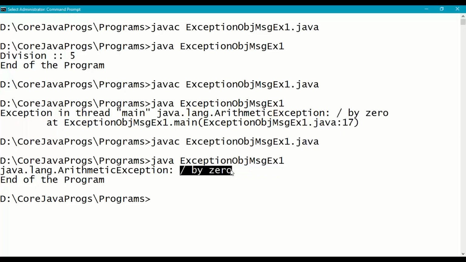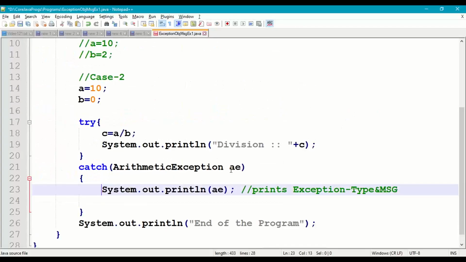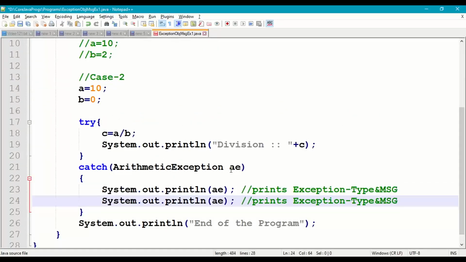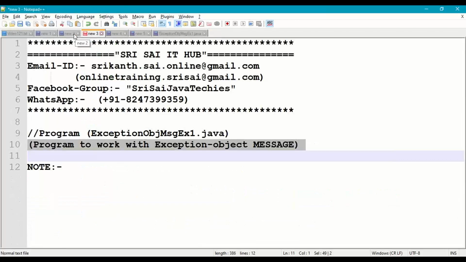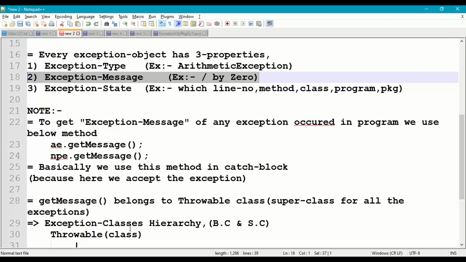So how to print only exception message? We'll take here AE dot get message. Get message is a method which is inherited from throwable class.